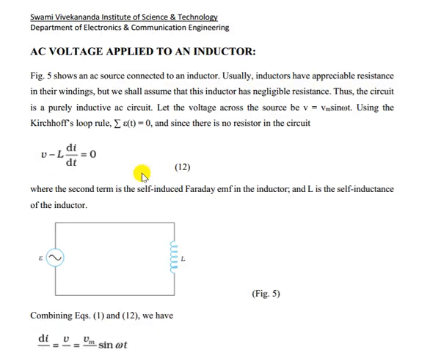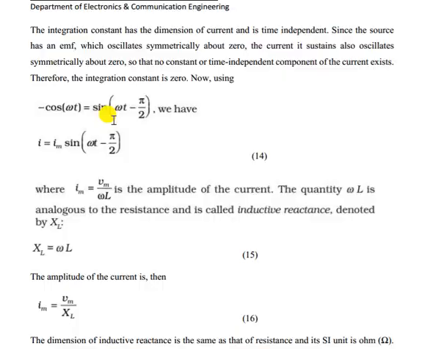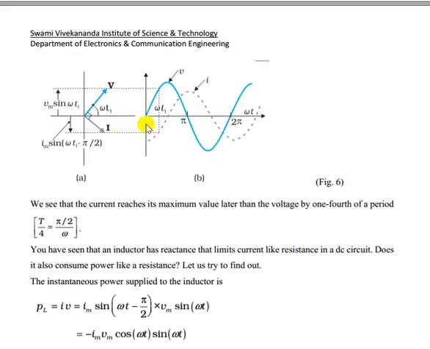But in the case of an inductor, we have I equals Im sin(omega t minus pi by 2). Omega t minus pi by 2 means it is lagging by pi by 2 angle, or 90 degrees, and voltage is Vm sin omega t. So if we plot that graph, this is your Vm, the voltage, and the current starts at pi by 2, that is, lagging behind. So it starts at pi by 2, then it flows on. We can draw it backwards also.